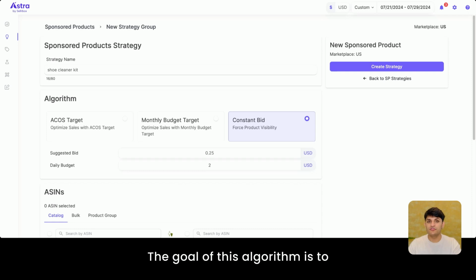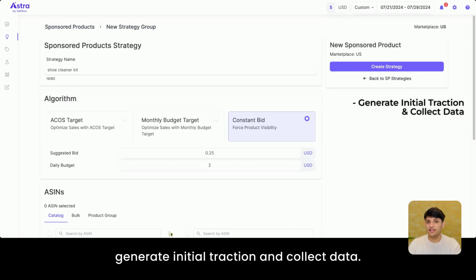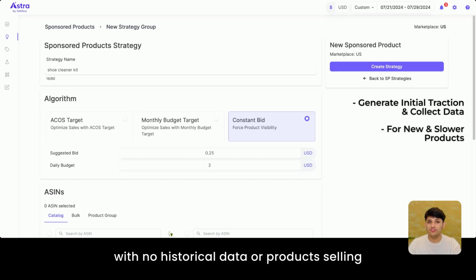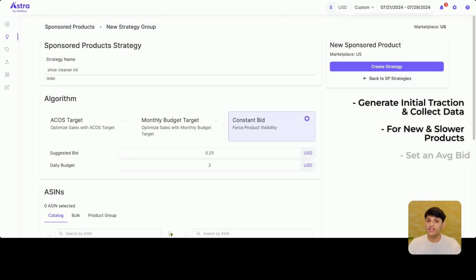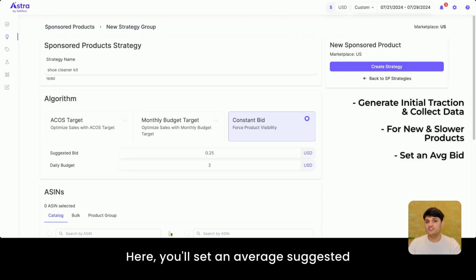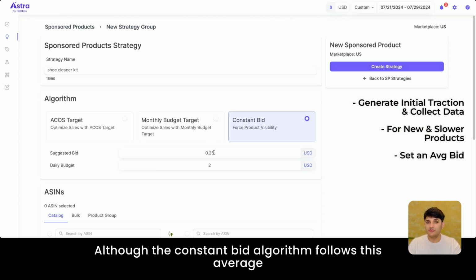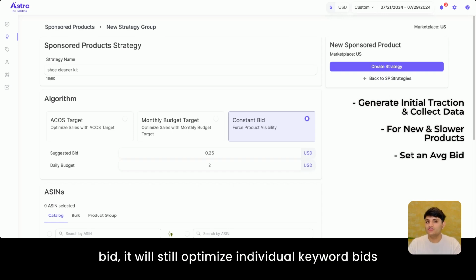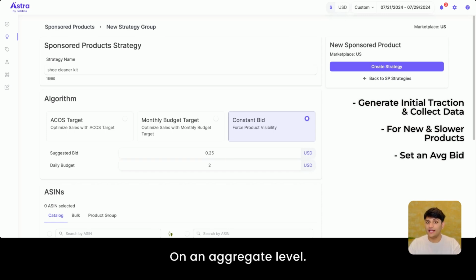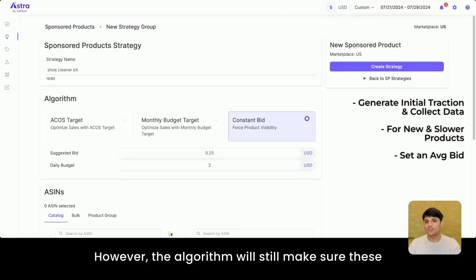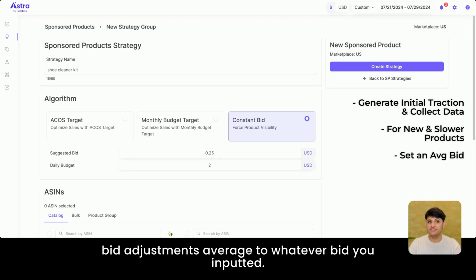The goal of this algorithm is to generate initial traction and collect data. This algorithm is best for new products with no historical data or products selling fewer than 5 units a week. Here, you'll set an average suggested bid for the algorithm to follow. Although the constant bid algorithm follows this average bid, it will still optimize individual keyword bids up and down based on what converts better. On an aggregate level, however, the algorithm will still make sure these bid adjustments average to